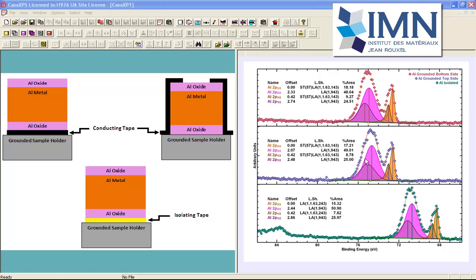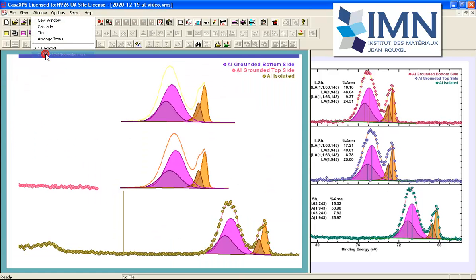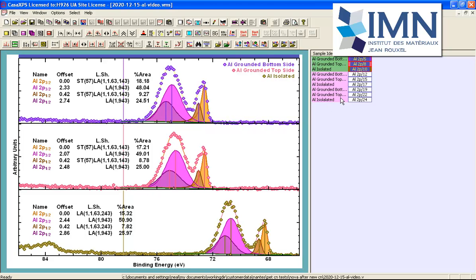As a general rule, when we observe spectra such as these, it's a good idea to repeat the measurements, and so the experiment that was performed on these samples was repeated 3 times. So these spectra represent the first measurement for each of the grounded at the bottom, grounded at the top, and isolated, and these are the tables that we saw previously. Now we can change